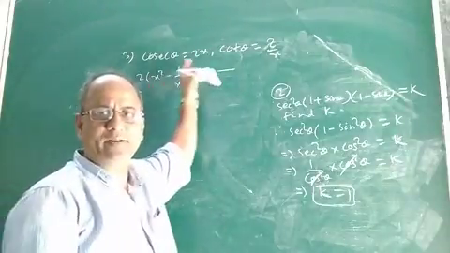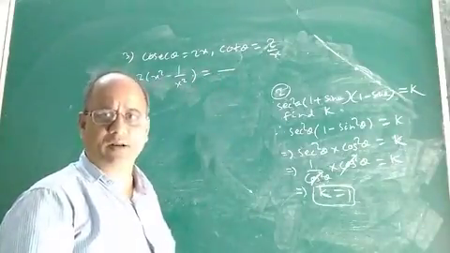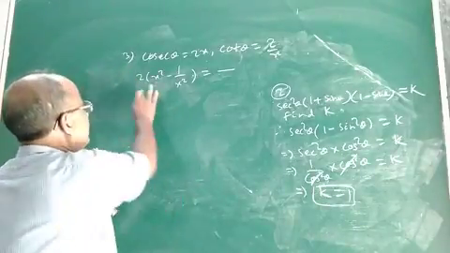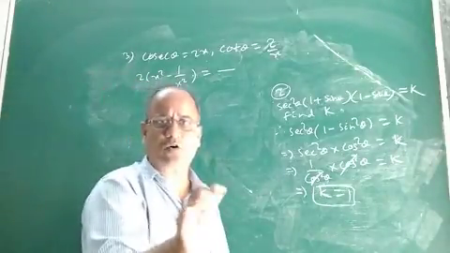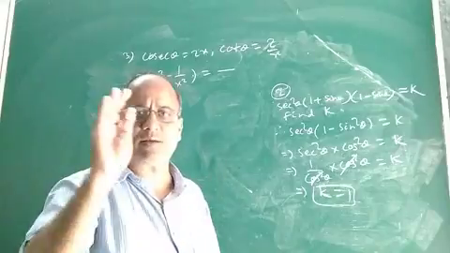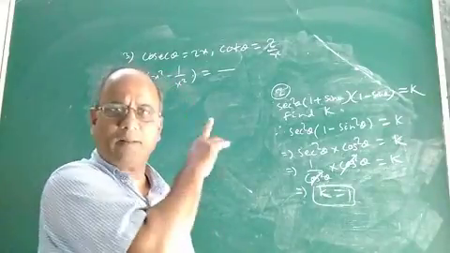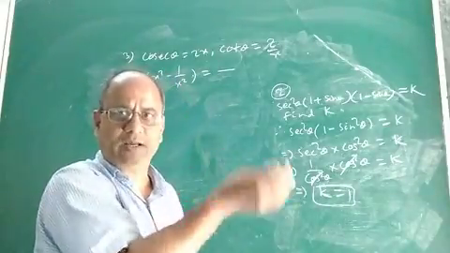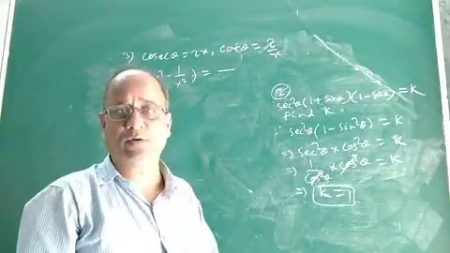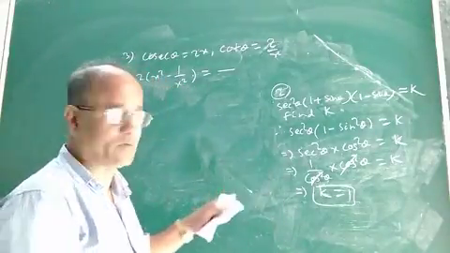Now it will be done in a similar manner like we did number 1. Okay, so let us see. You know what is the relation between cosec and cot? What is the identity? Cosec square theta minus cot square theta is 1. If we apply that identity and proceed, we can easily find what will be the value of 2 into x square minus 1 by x square.